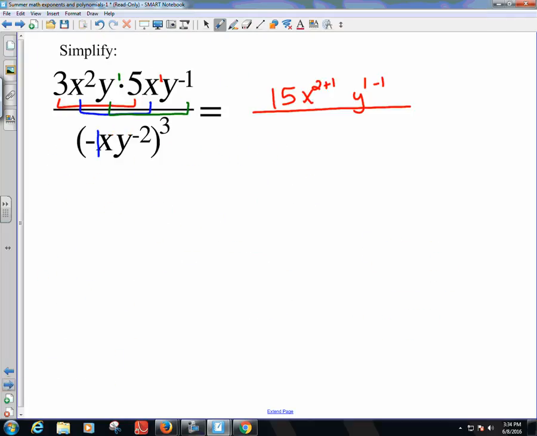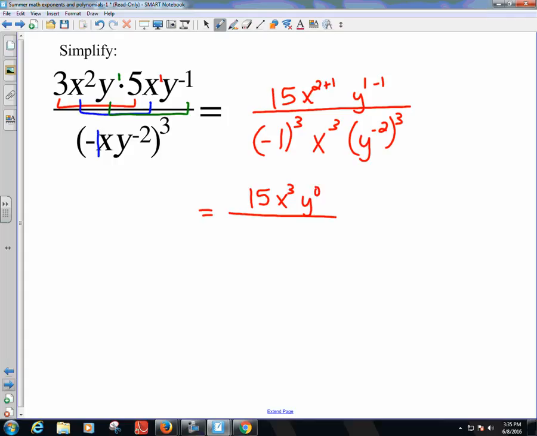All right, so I'm going to say I've got -1 cubed, and I've got x cubed, and I've got y to the -2 cubed. All right, so that's my first step on the bottom. Now let's go ahead and write a new equal sign and work on the numerator again. So 15, nothing happens there. X to the 2 plus 1 becomes x to the 3rd, and y to the 1 minus 1 becomes y